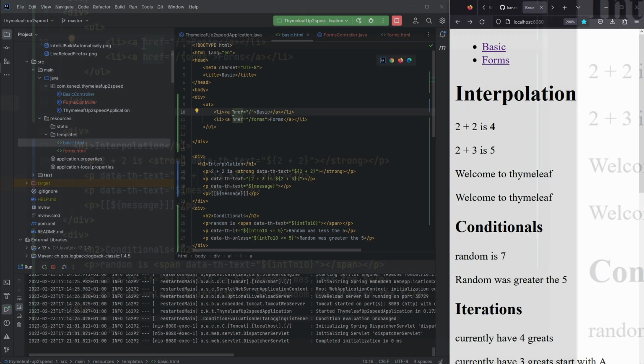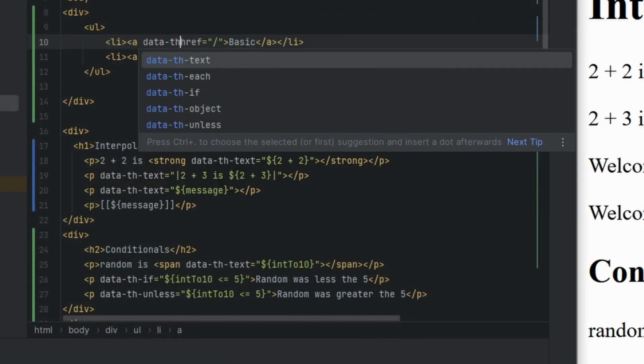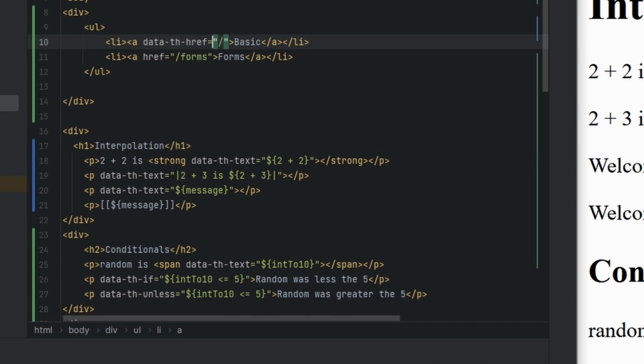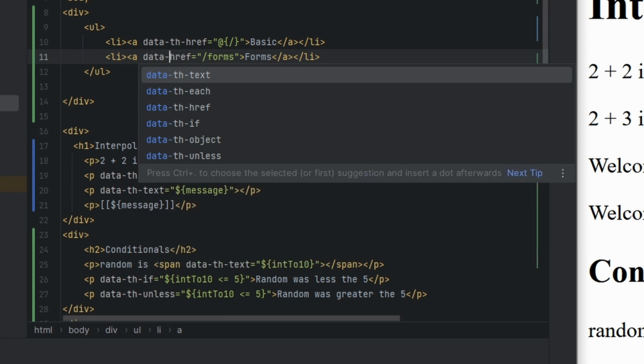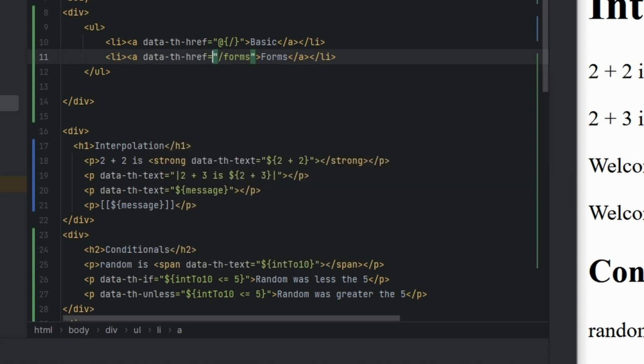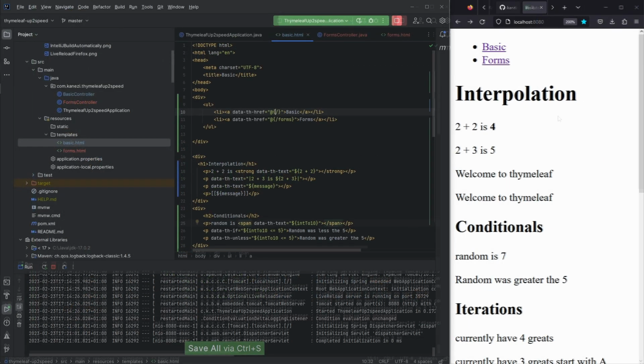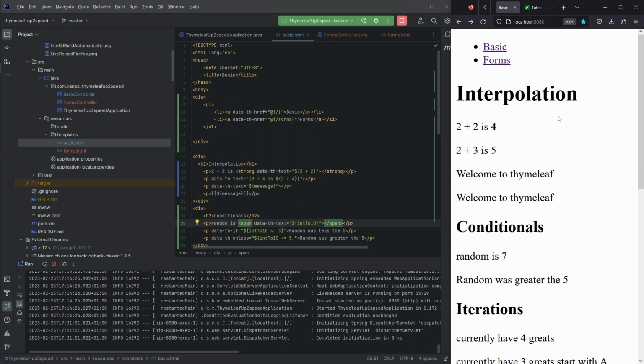Let's use the Thymeleaf th:href syntax, and one additional change we need to make: instead of a normal slash, we'll need to use the @ syntax. This is the special Thymeleaf syntax to signify we are dealing with URLs. And the same thing for forms. So @{/forms}. We have a decent sized page right now, so before we continue talking about forms, let's quickly return to